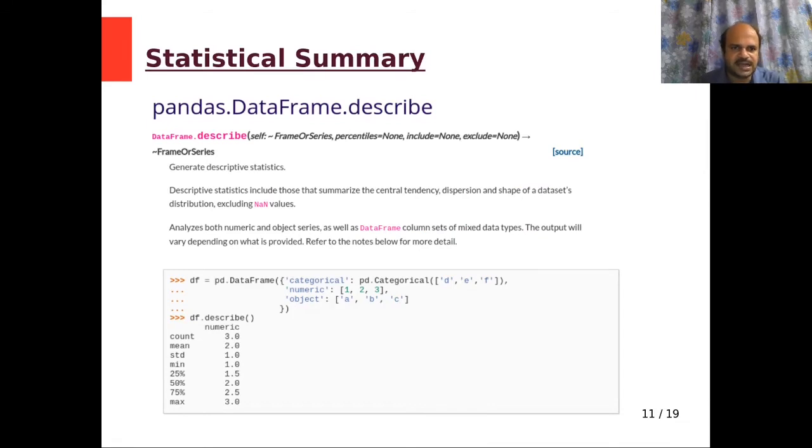To get the statistical summary, we have the function describe in the pandas data frame. When we use this function, the information retrieved for the data set is as shown in this execution. It returns count, mean, standard deviation, minimum value, 25, 50 and 75. These are the quartile values which exist for the distribution of each column, and the maximum value. In this way all the statistical summary would get displayed.